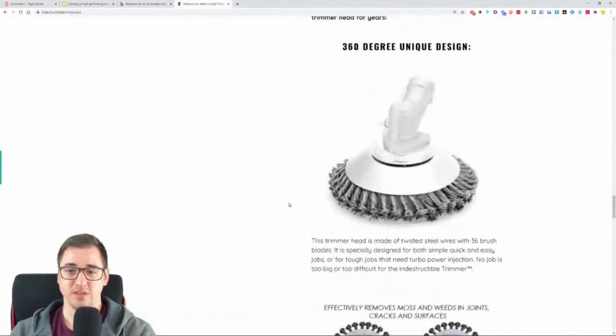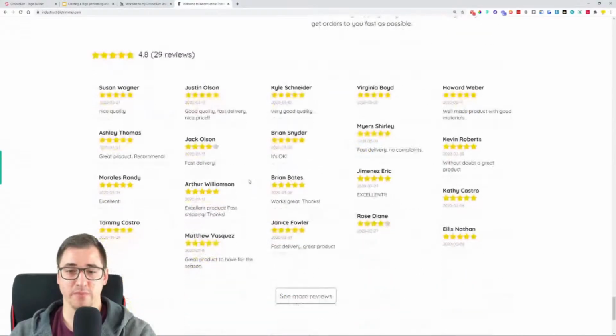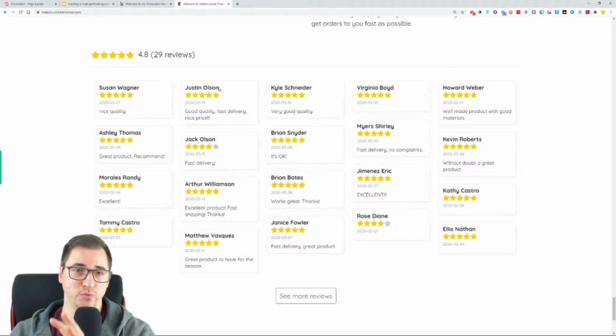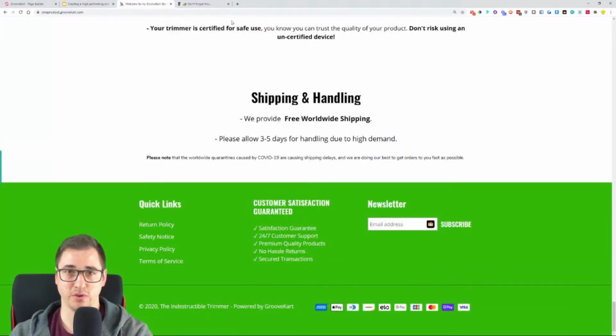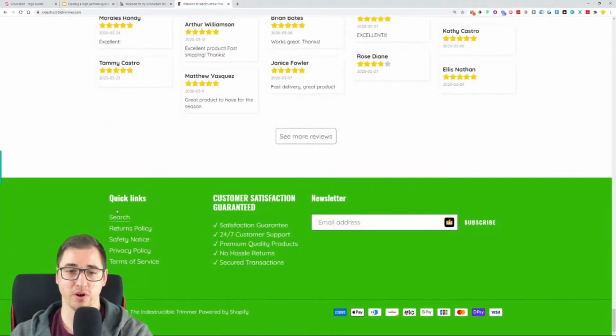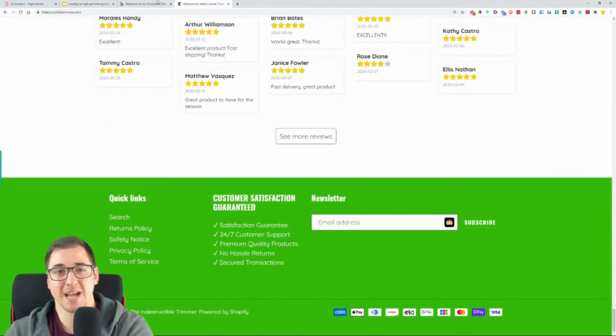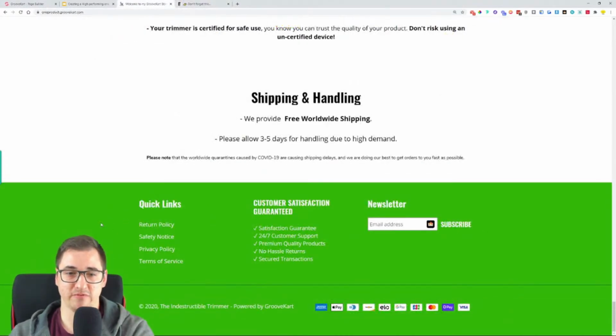Also, the footer, if we scroll down to the bottom of the page. On the home page in GrooveKart, we don't have the option to add reviews, but we have the option to modify our own footer. And in this case, I tried to make it look almost identical with the tools that we have available. So we have the quick links over here, customer satisfaction guarantee, newsletter, and then the legal pages,